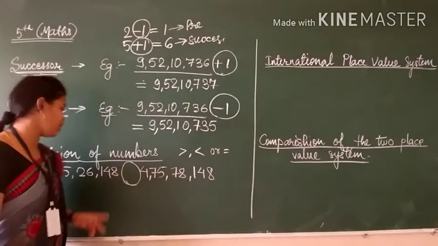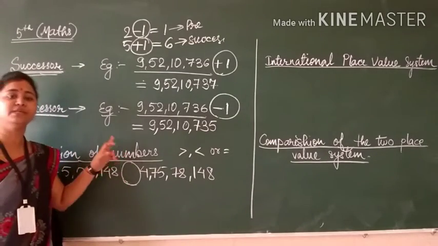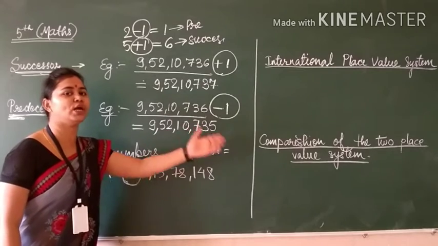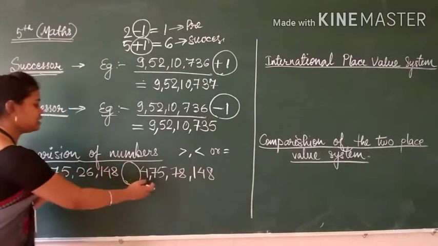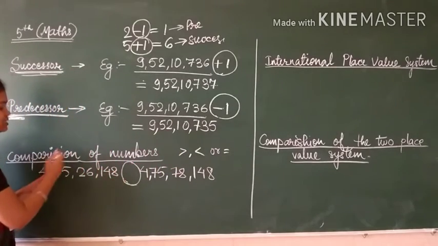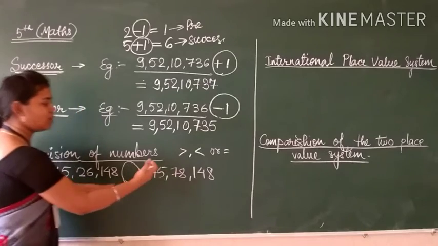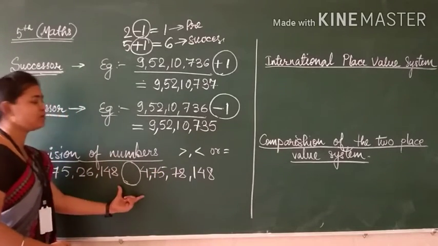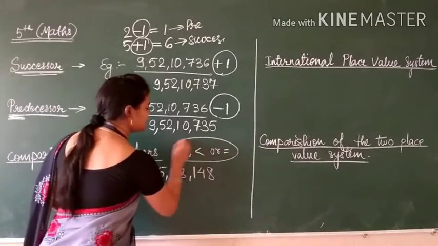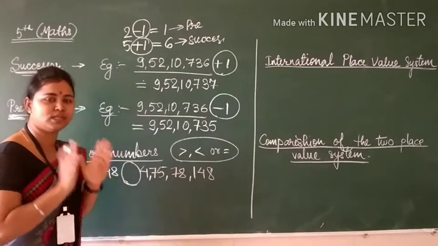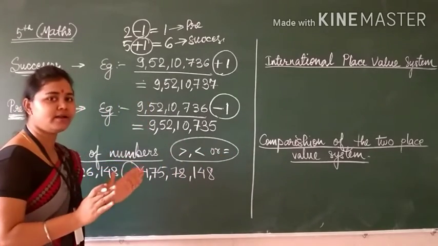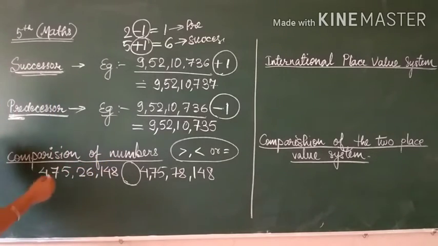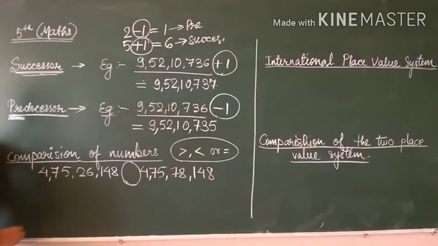Students, now the second topic, comparison of numbers, meaning the given number is less than, greater than or equal to. The comparison will be done to see whether this one is equal to this number, or this one is greater than this, or this one is smaller than this. This we have to compare. Comparison means that the two given numbers are either less than, greater than or equal to each other. This we have to find in this question.